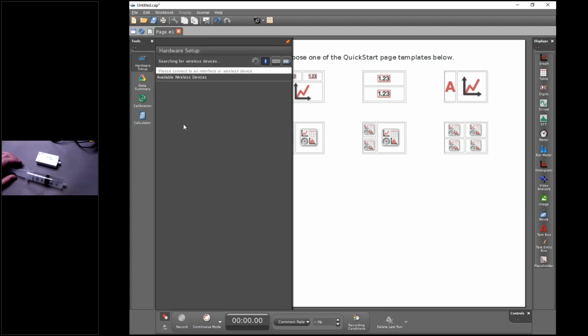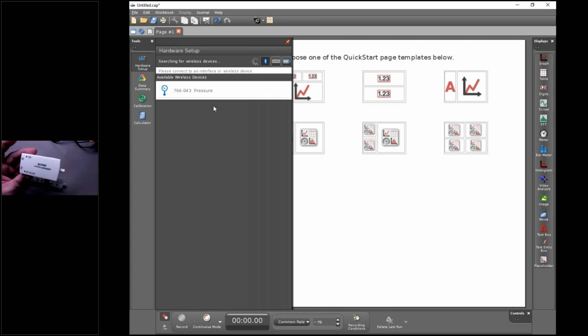Well, under Hardware Setup, I'm going to click on it, and all the time Capstone is looking in the background to see if there are any wireless sensors around. This wireless sensor is not currently on, but the neat thing about wireless sensors is I don't need an interface. I can simply turn on the sensor. There's a power button on this one. It uses a rechargeable battery, and it is now broadcasting to any PASCO software in the vicinity